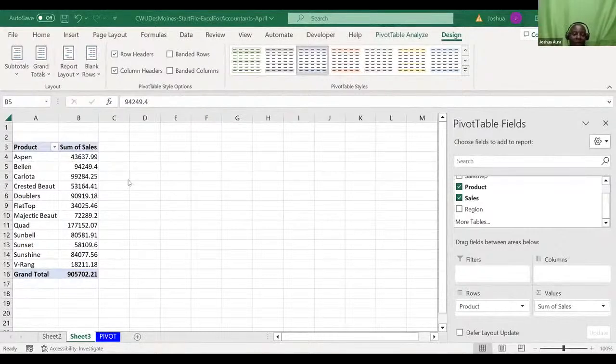Now, please listen here. So when I'm doing this, after I finish this, I would want to put a graph by the side because I'm doing what we call a dashboard. So for me to put a graph by the side, could you kindly give me the way forward? What do you think I will do to be able to put a graph now? Please help me. As much as I say that you guys are not following, I'm so sure there are some students here. Like I've seen one saying, mine has worked. What should I do here?